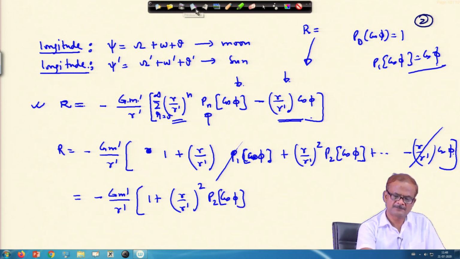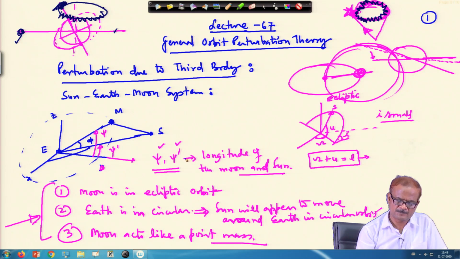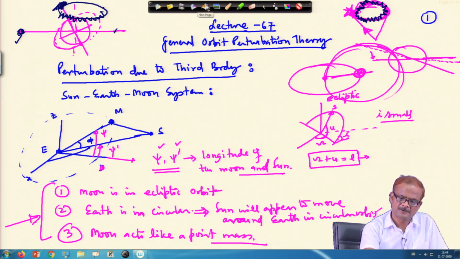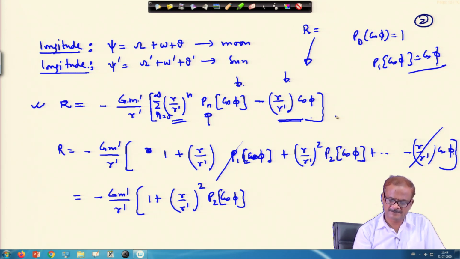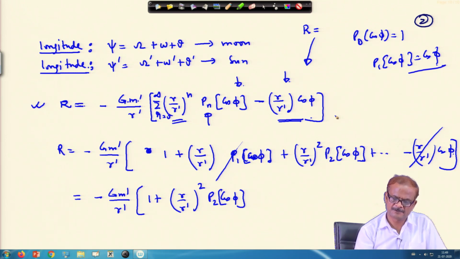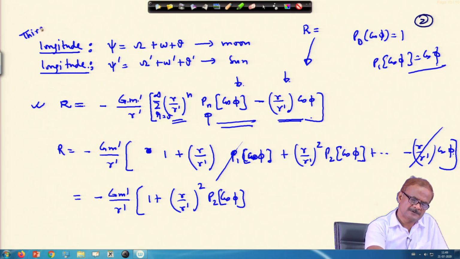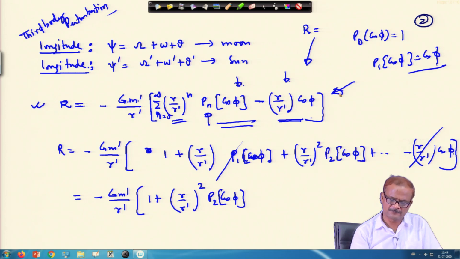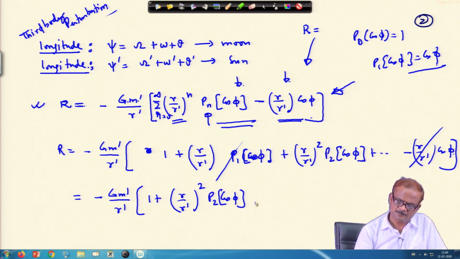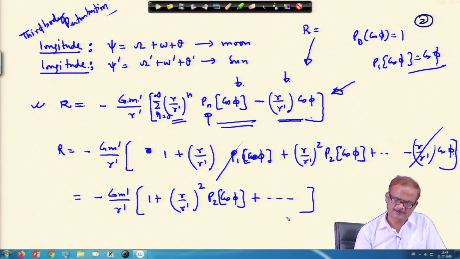Here we are taking them as point masses, and therefore the perturbation due to the oblate shape and other things is not coming into the picture. This is just because of the third body perturbation. Again, I am reminding you, this is the third body perturbation, and from where we have got this equation, I will supply later on while the course runs. And so on, all the terms can be written.